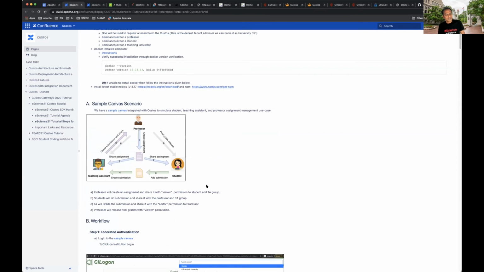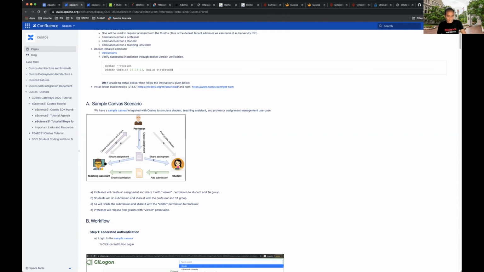Those who are taking or teaching classes are familiar with Canvas or similar learning management systems, where you need to do these authorizations in a controlled way. The university registration office or the provost's office needs to give access to a professor first to a course, so the course gets bootstrapped. Then the faculty can assign various teaching assistants who have access to view the assignments and student submissions,